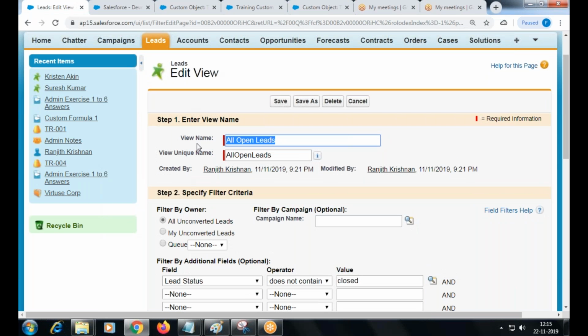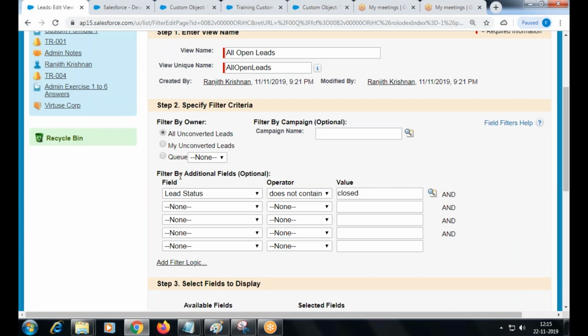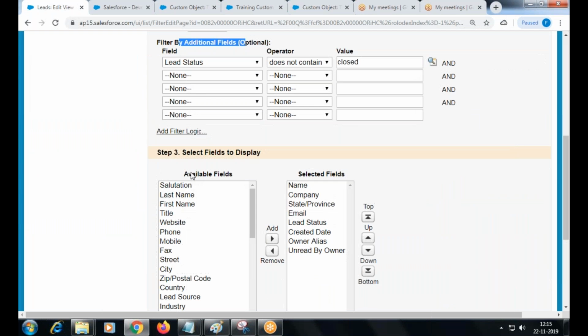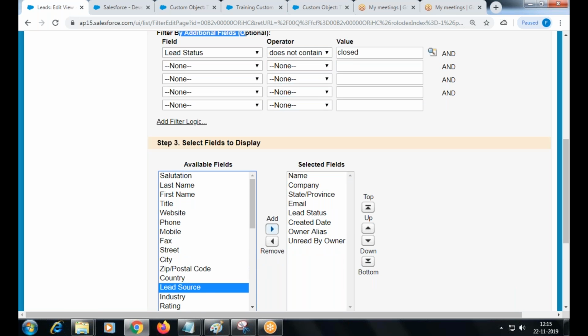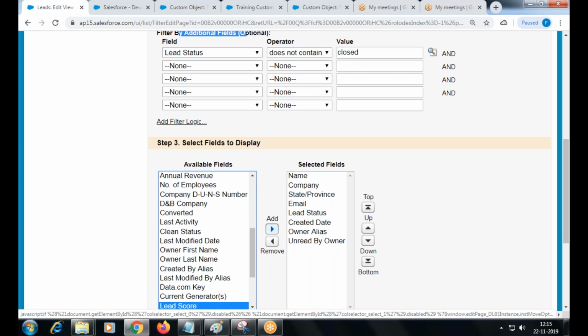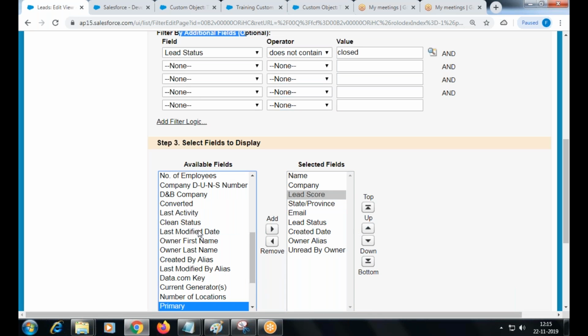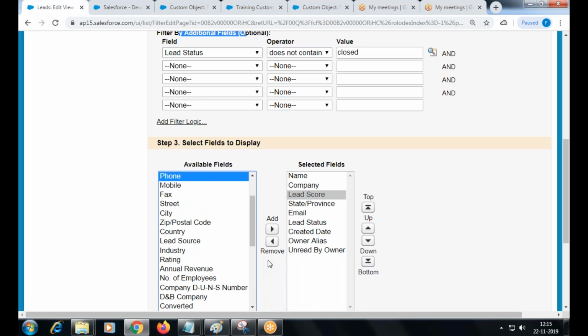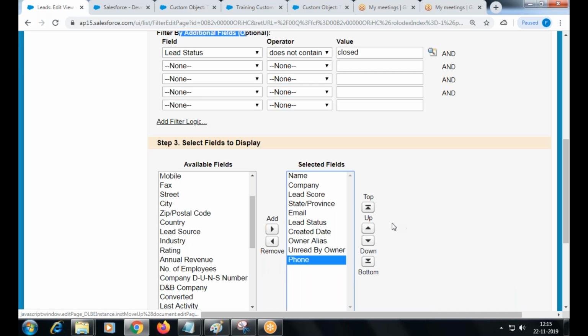Okay, there are some different sections here. Filter criteria, based on a field, and what fields need to be displayed. So what do I need to display? Lead score. Yeah, and phone number.